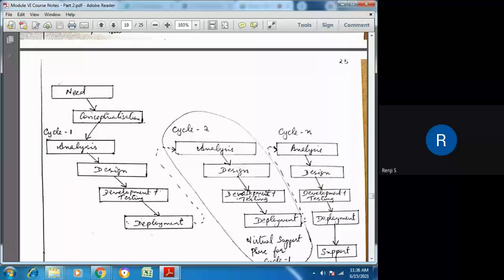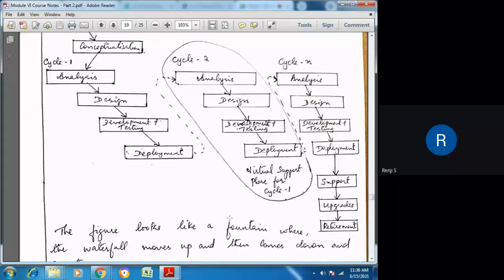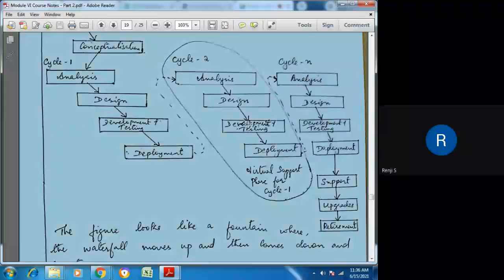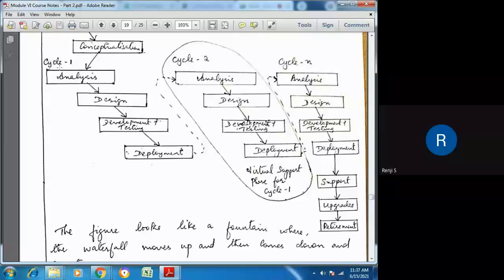That is, during cycle one, the most important requirements will be built into the system, and a working product with minimum functionalities will be delivered to the customer. In the next cycle, they will go on adding new requirements, and finally the product with all the requirements satisfied will be generated during the last cycle. This is also called the fountain model, since it goes down from the initial phases till the last phase, and again during the second cycle it comes back up to the first phase of the next cycle, and this goes up and down like this, and so it is called the fountain model.